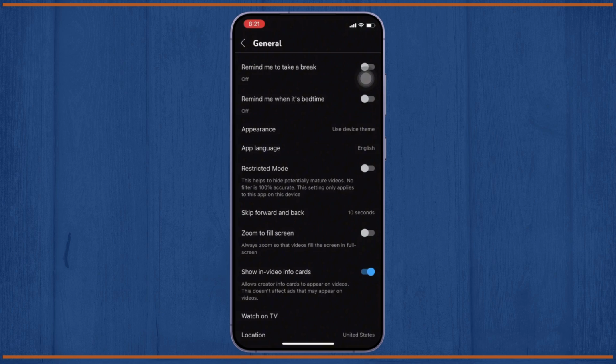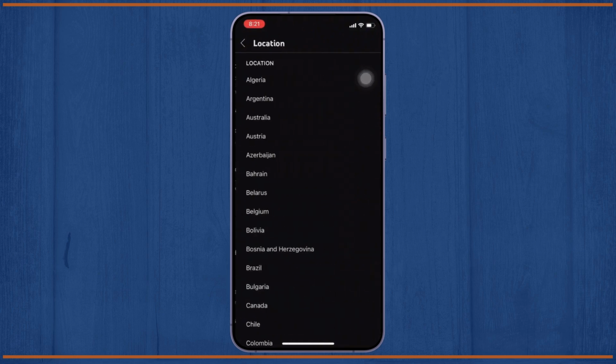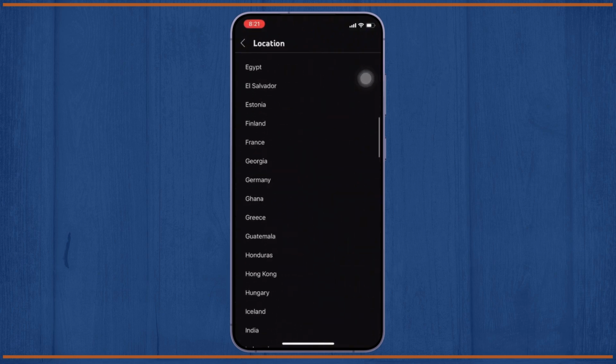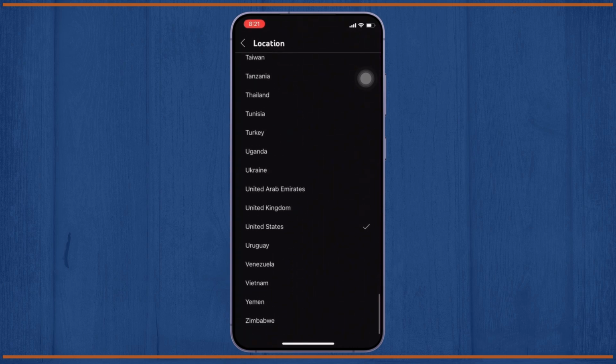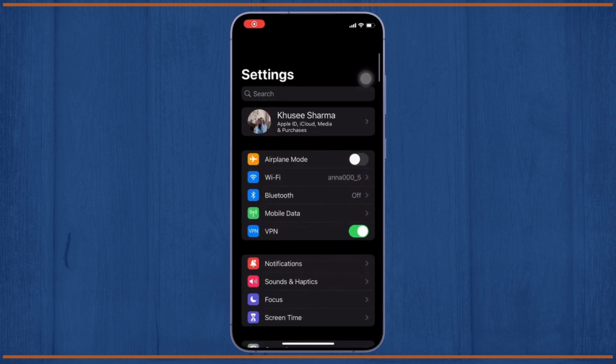We can simply go in general, and we can scroll and see an option of location. We have to make sure that the location is turned on to United States, so that you get an English translation option. Then you have to go back to your settings, phone settings, and here you have to search for